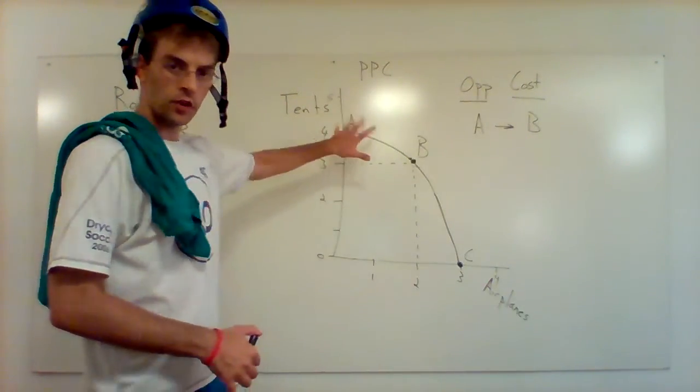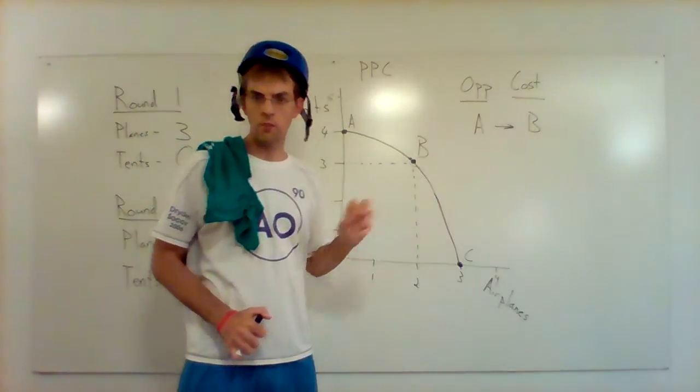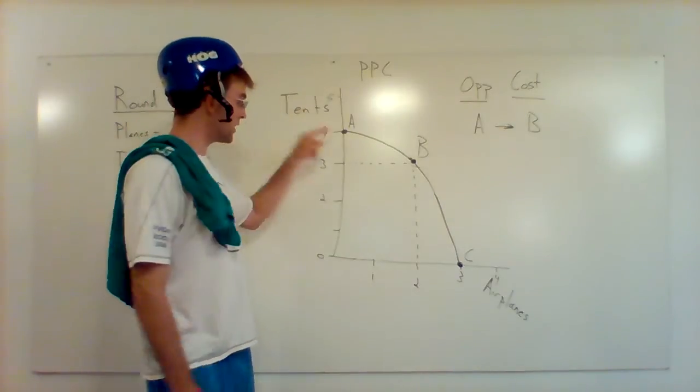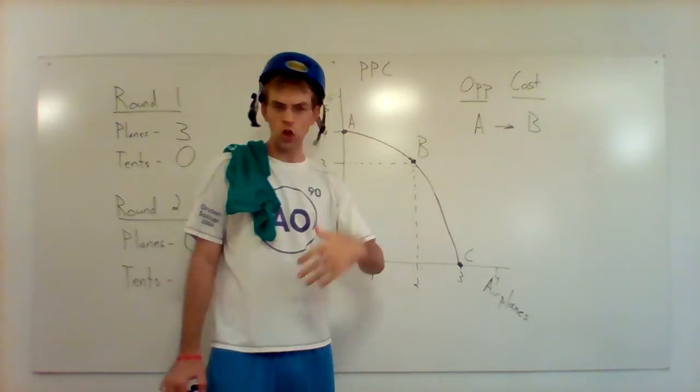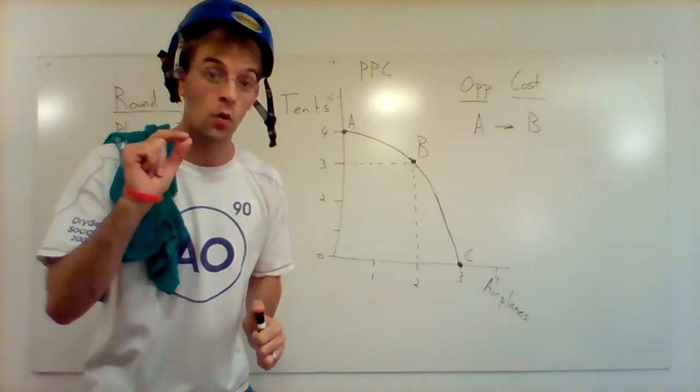So I cleaned up the graph a little bit. I got rid of some of those points and how many tenths and stuff we were making. And so it's a little simpler looking now. And you'll see what I've done here is I put A, B, and C all along the curve. These are all points along the curve. So these are all points that are both